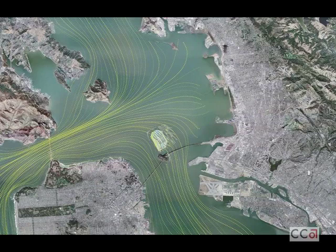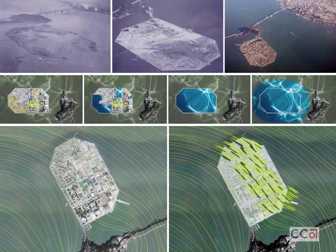So this is a mapping of currents coming through the Golden Gate. And one thing about the island is, well, a few things. One is it's artificial. It was formed from bay fill. But over the years with the occupation by the Navy, certain areas of it have become quite toxic in terms of the ground. And so this middle strip is a kind of ideogram of this